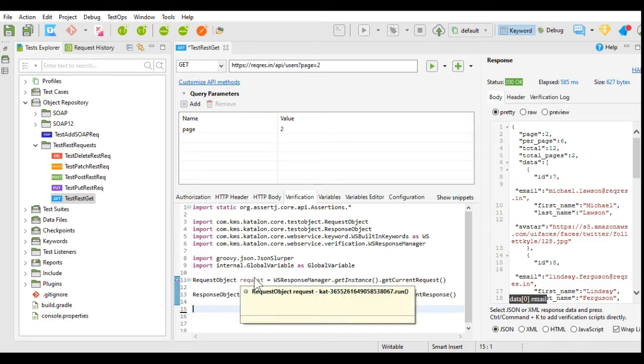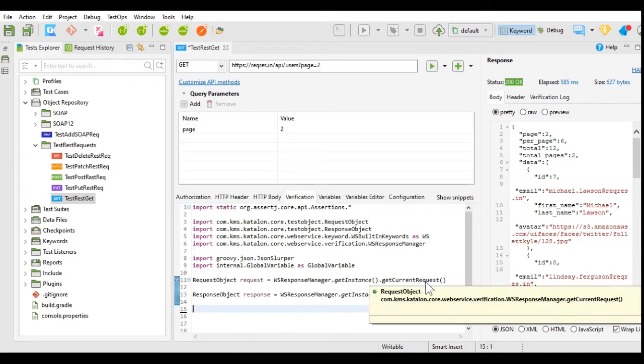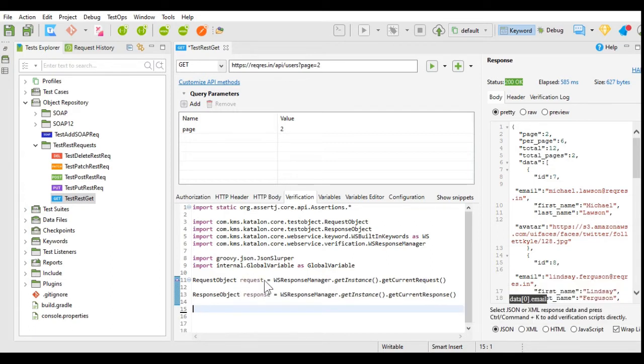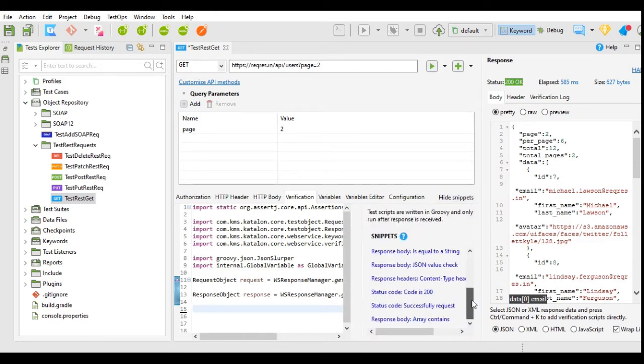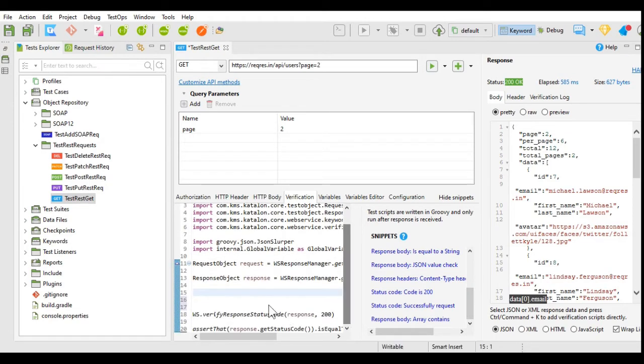One is the statement to store the current request in the request variable of request object type, and the second one is to store the current response in the response variable of the response object type. Now we will go to snippets and we will add the status code snippet.